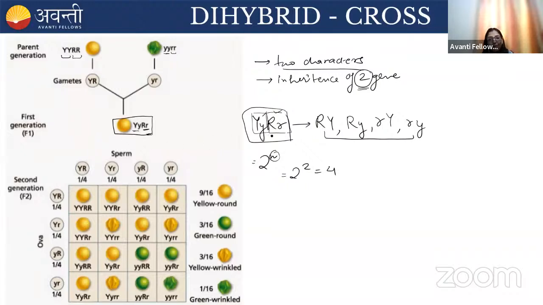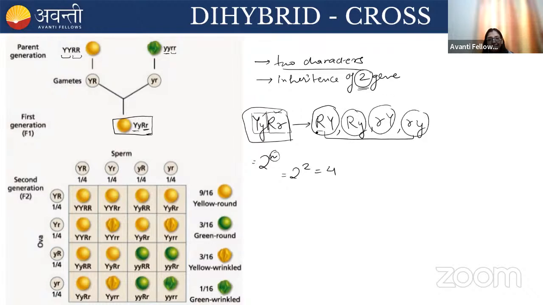And one more important point: on the basis of monohybrid cross, Mendel proposed two laws: the law of dominance and the law of segregation. Similarly, on the basis of dihybrid cross, Mendel proposed a law which is the law of independent assortment. According to this law, during gamete formation, the alleles are assorted independently. For example, here you can see this is gamete 1, this is gamete 2, this is 3,